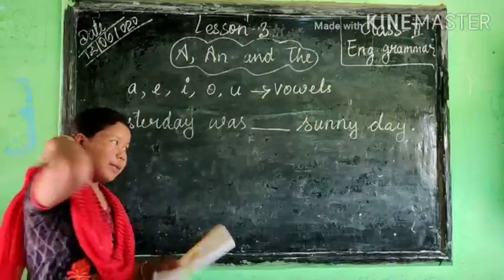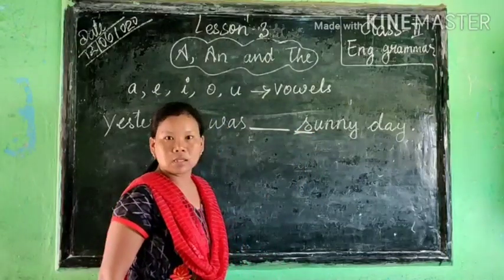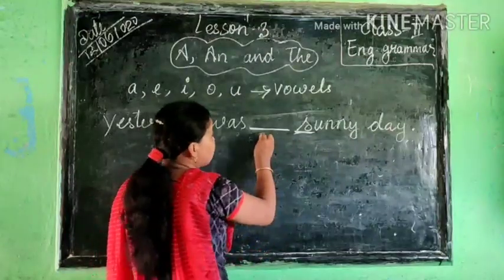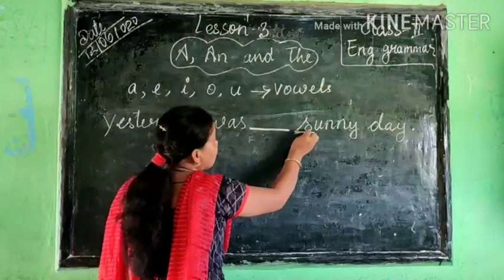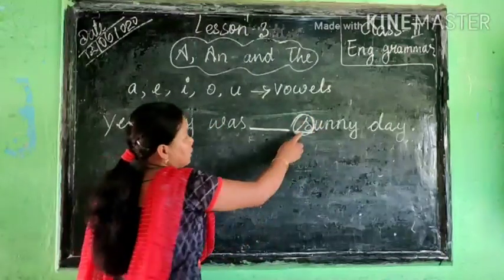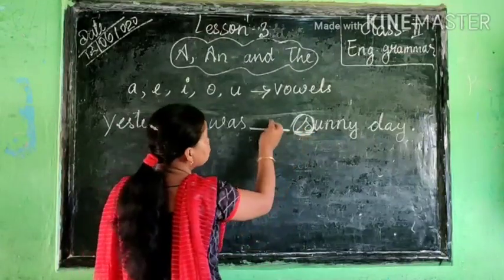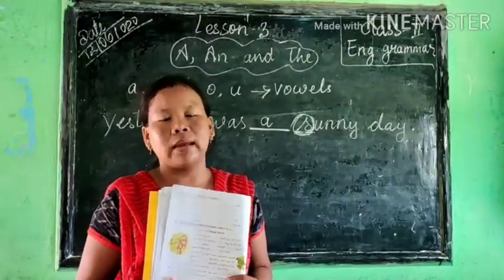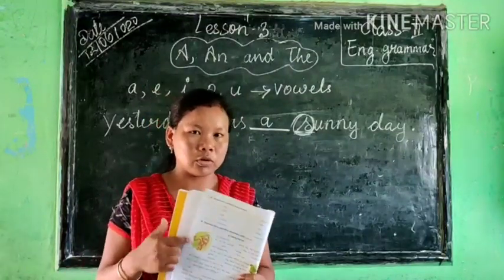Now यहाँ अंडरलाइन दिया हुआ है, इससे पहले जो लेटर्स आएगा we have to see if it is a vowel. What do we have to use here? N. If it is a consonant, what do we have to use there? A. So you have to see in this story, okay, before these underlined words, which letters are first. If it is a vowel we have to write N. If it is a consonant, right? Here it is a consonant. S is a consonant. So what do we have to write here? A. So like this you read this story and write A or N, okay, for your homework. This is for your homework today, okay?